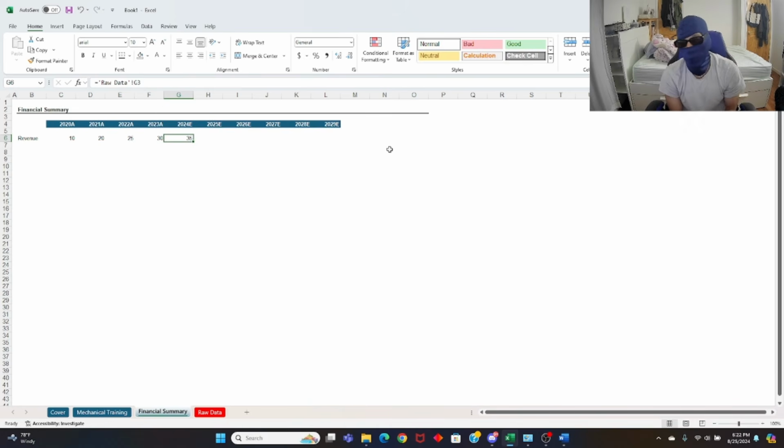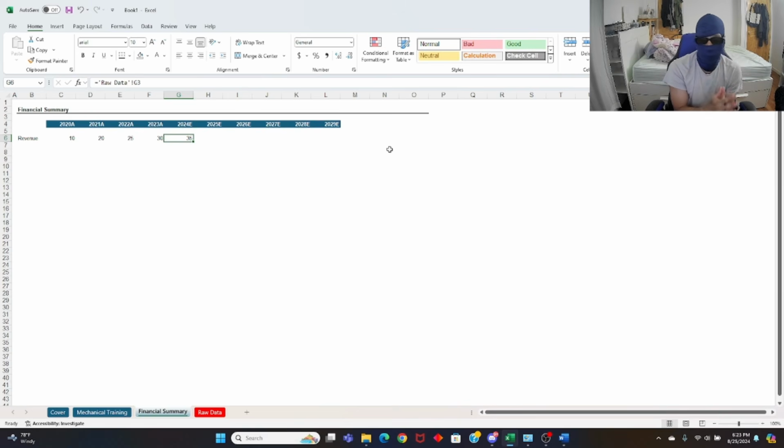And now I'm going to teach you guys how to hop between sheets. When you're building a model, the best practice is you have your raw data on one tab and you have your output that's pulling from the raw data. Do not mess with your raw data, because a lot of times in banking, your clients are going to send you very messy information, and your job as the banker is to clean it.